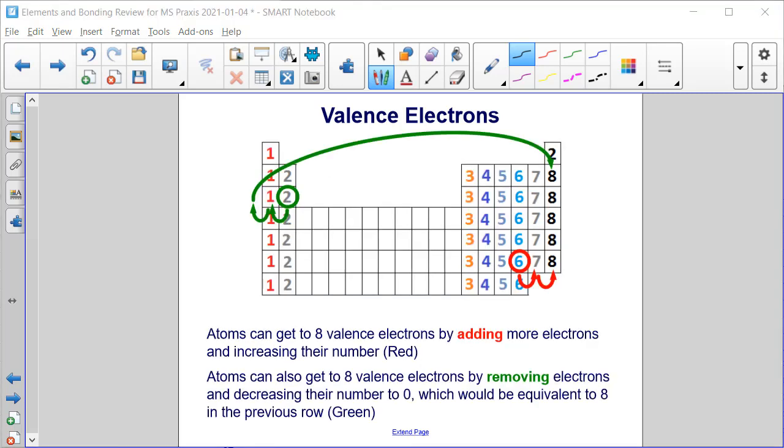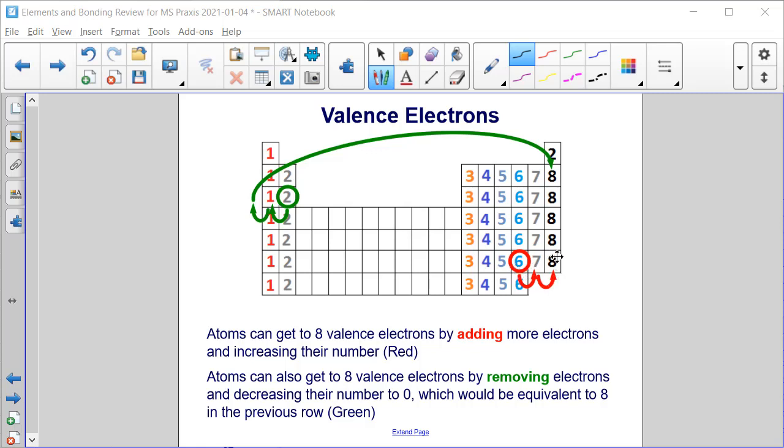All right, so remember that atoms that do not have 8 valence electrons would be more stable if they had 8 electrons. And so chemical reactions happen in order to make those atoms more stable. Atoms can get to those 8 valence electrons by adding or removing electrons. So if we add more electrons, this element here with 6 valence electrons could add 2 to get to